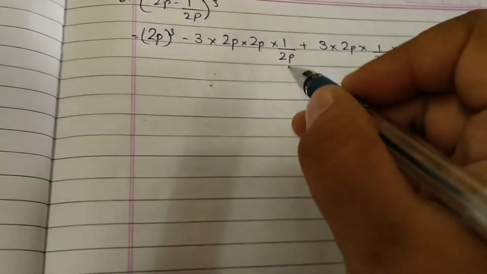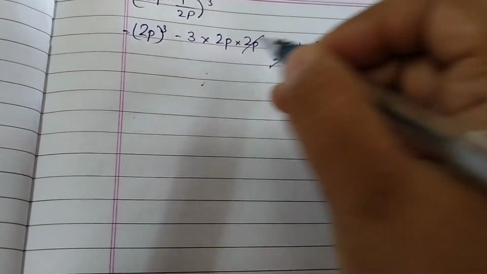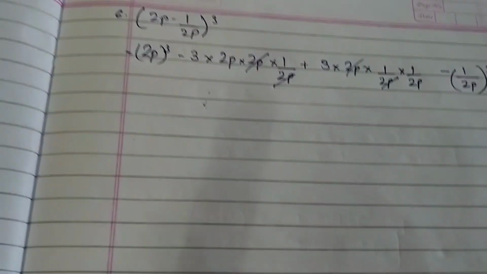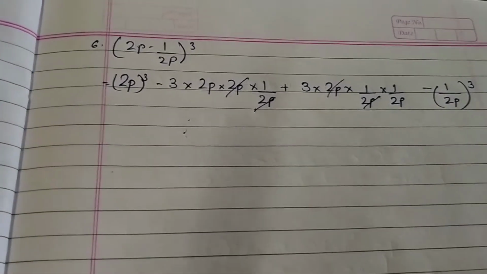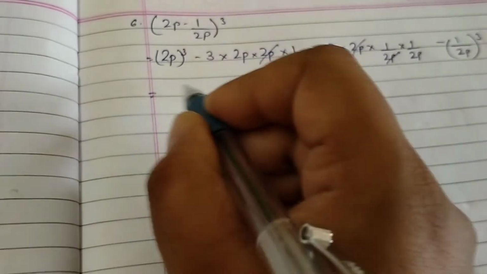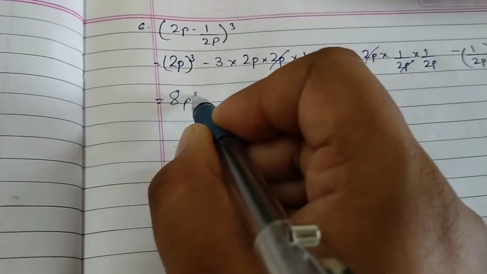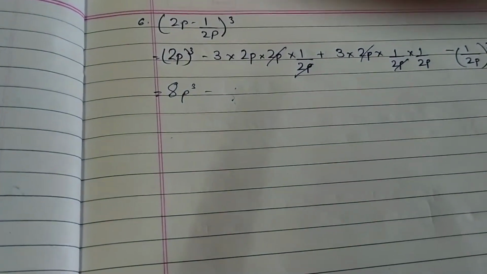Now what we will do, this 2p and this 2p we are going to cancel, and this 2p and this 2p, because when we cancel we get the answer as 1. So now we will be solving it. The cube of 2 is 8, so 8p cube. Then we are going to